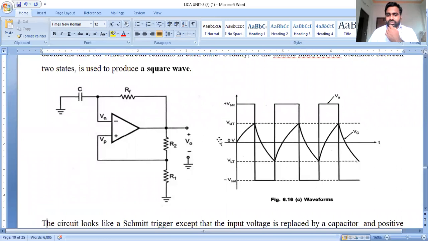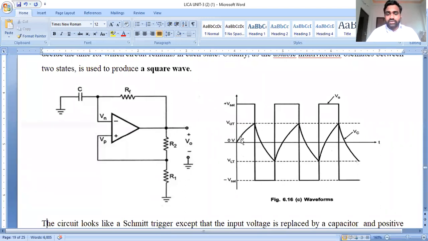Previously, through the resistor of the RC circuit, the capacitor is charged from initial 0 volts. And here we have two types of references: a positive reference value and a negative reference value. These are calculated with respect to the feedback resistances. The positive reference value is the upper threshold value and the negative reference value is the lower threshold value. They are calculated with the help of the feedback resistances R1 and R2.